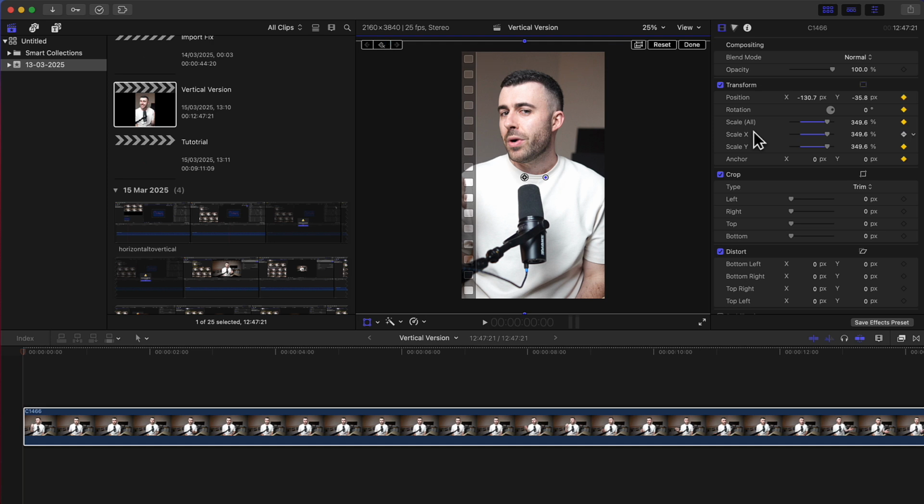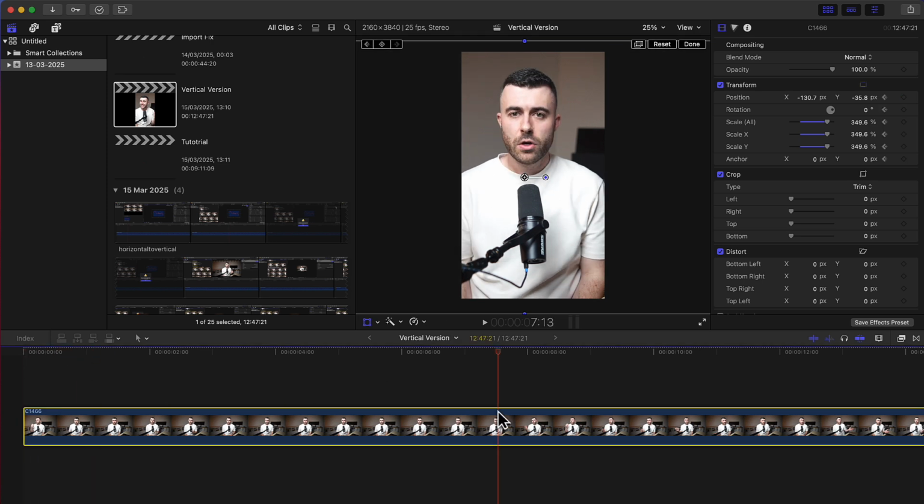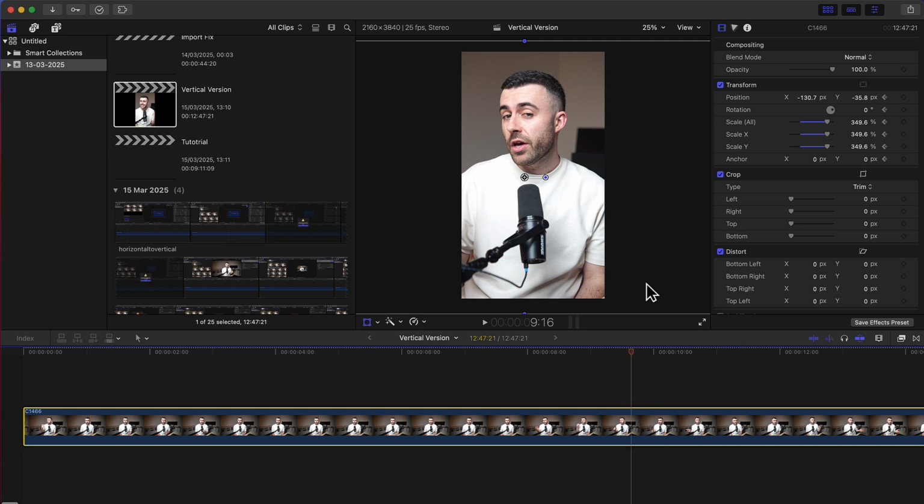Once we've done that, we'll notice that the position, rotation, and all of the scaling properties are now marked to be keyframed. And what we want to do is drag our playhead to the point where we want to stop zooming in. And then once we've done that, we actually want to go ahead and measure how far we want to actually